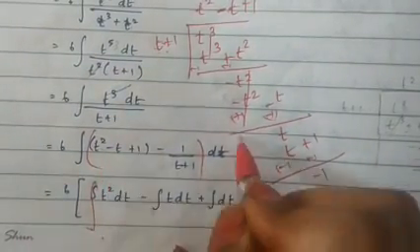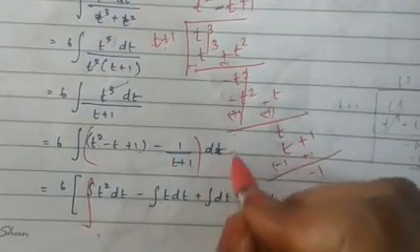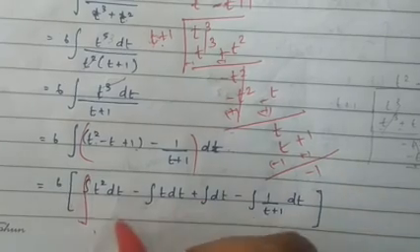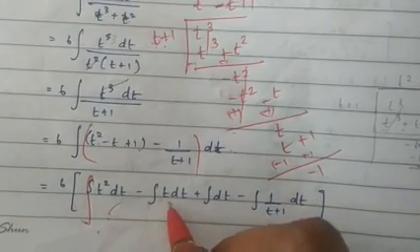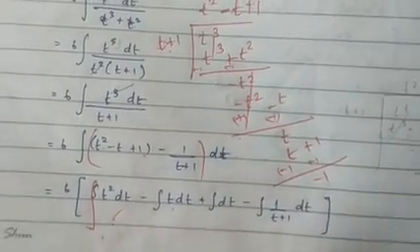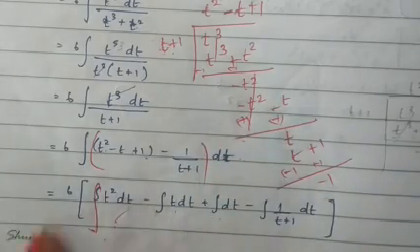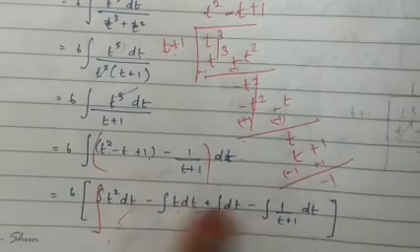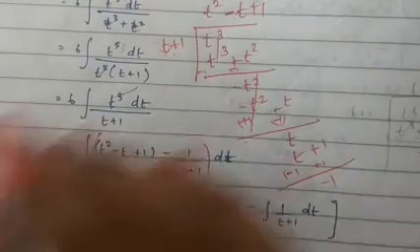Integral of t squared dt minus t dt, 1 dt minus dt divided by t plus 1. When you integrate this, you will get t cubed divided by 3. Here it is t squared divided by 2. Here it is t. But what about this? dt divided by t is nothing but log of modulus t. If there is a coefficient, you need to worry about it. There is no coefficient, so you can write it as log of t plus 1 plus c. After that, substitute the value of t.